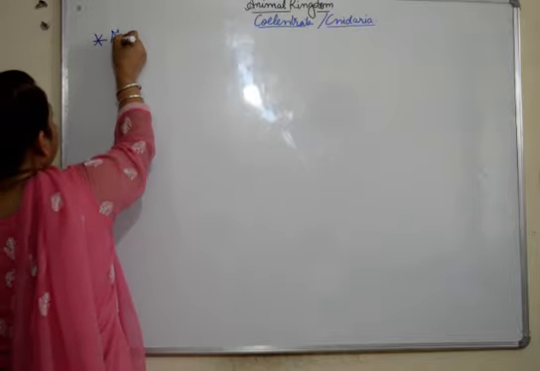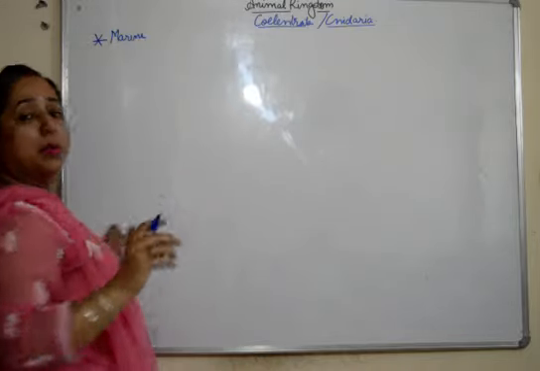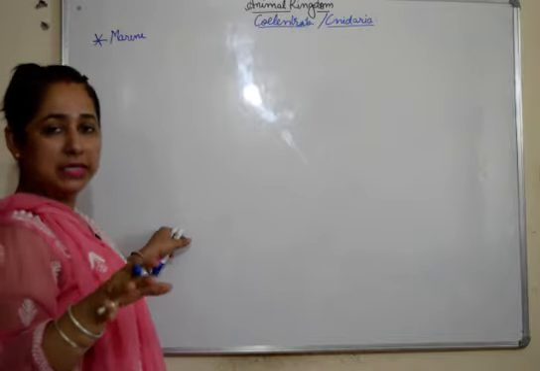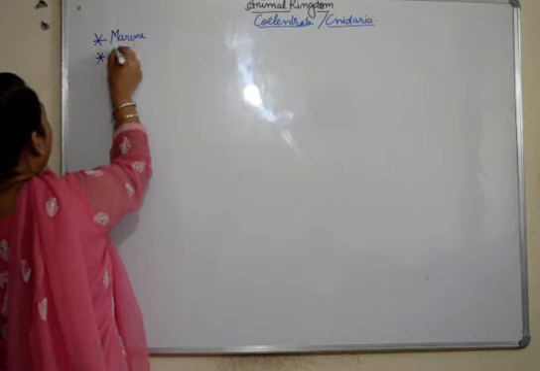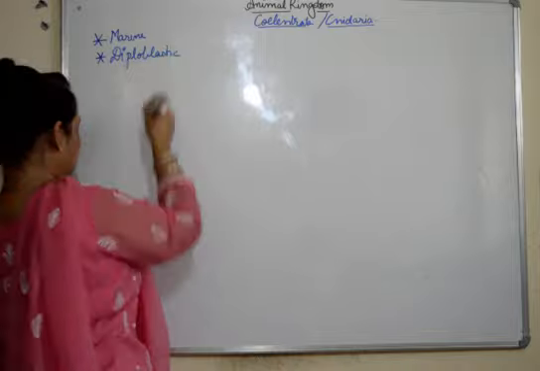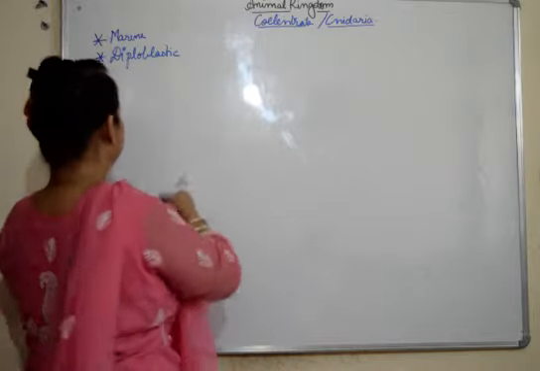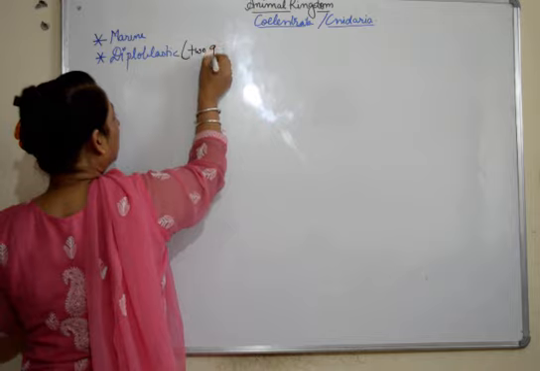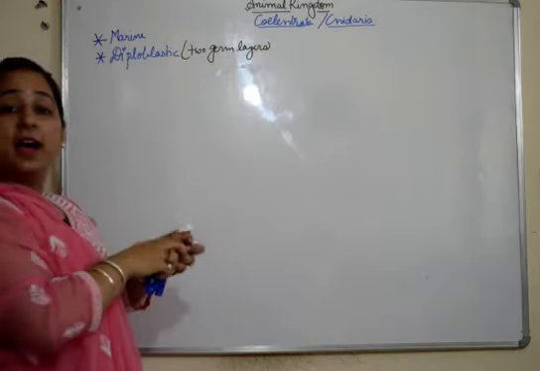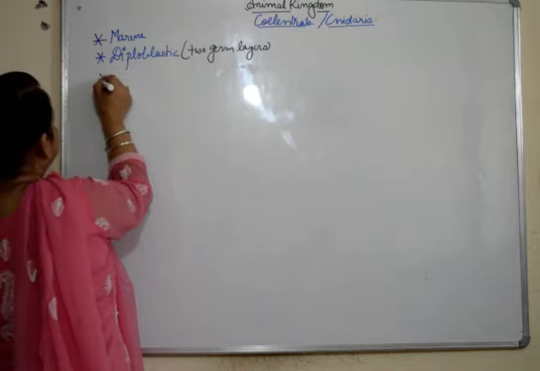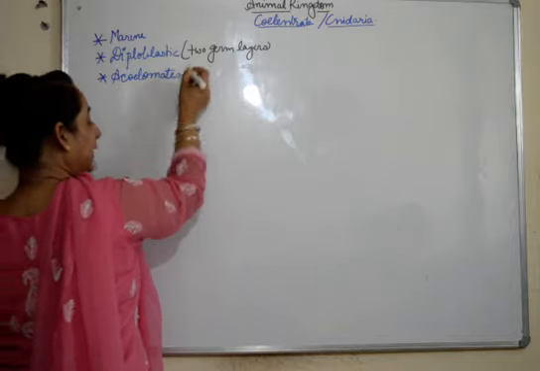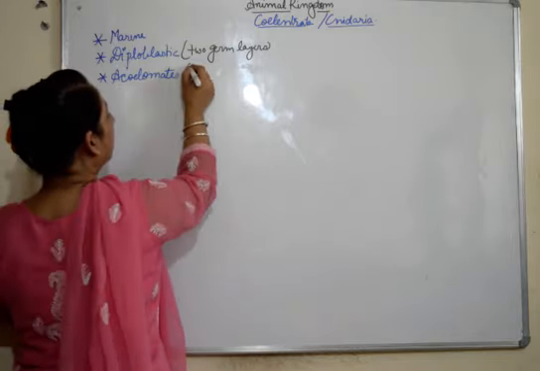They are marine. That means they are found in sea water. They are mostly marine, and they are diploblastic. Diploblastic, that means they have two germ layers. Fine, we'll talk about them. Then they are acoelomates. That means they do not have